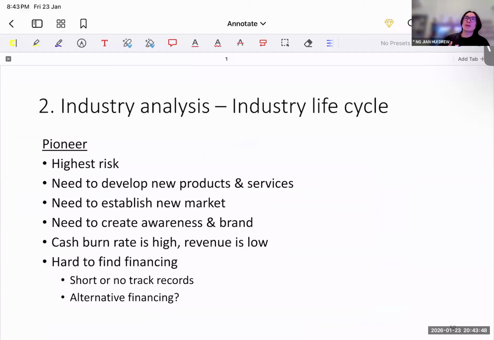So, as you know, if it's a startup, then chances are your risk will be high, your cost of capital is going to be very high as well, because we know that the product is new. We do not know whether this product would hit the market with a bang or maybe it will just be a flop, right? Revenue might be low, there might not be any profit, the cash flow might be very tight as well. So determining which part of the industry life cycle this company is in will be important, right?